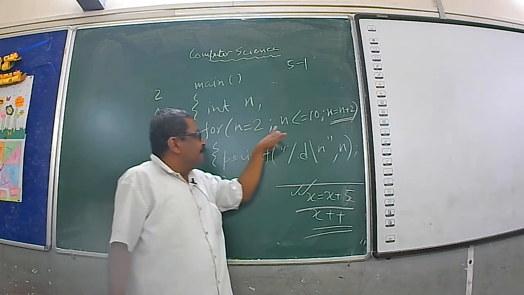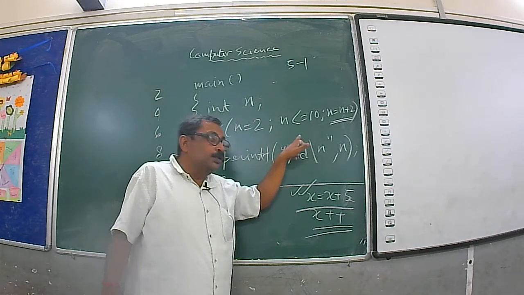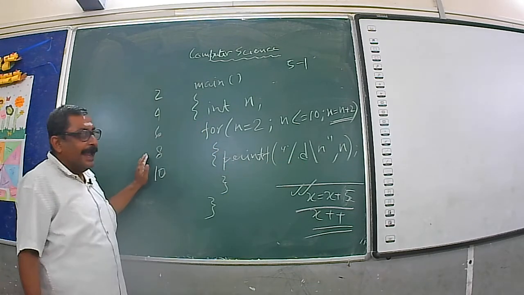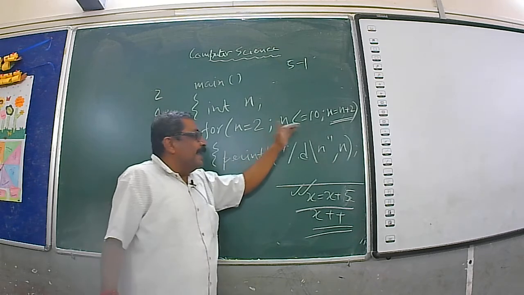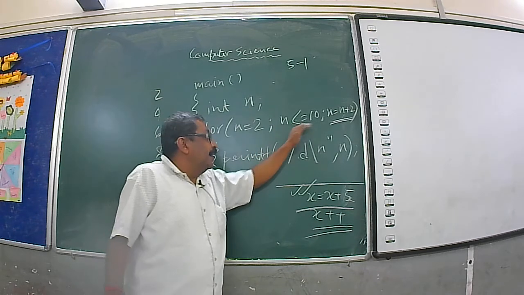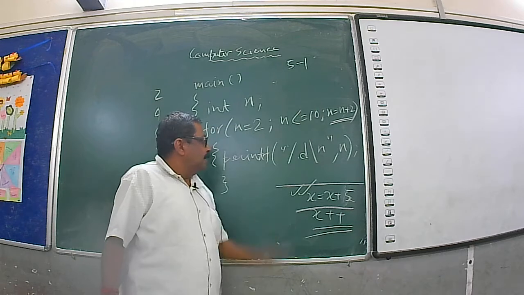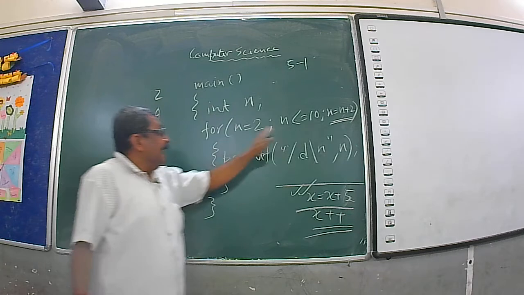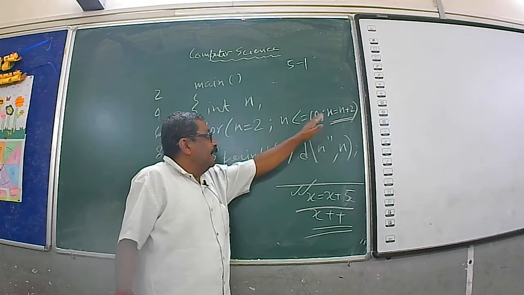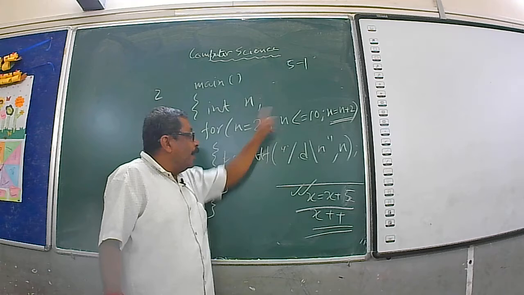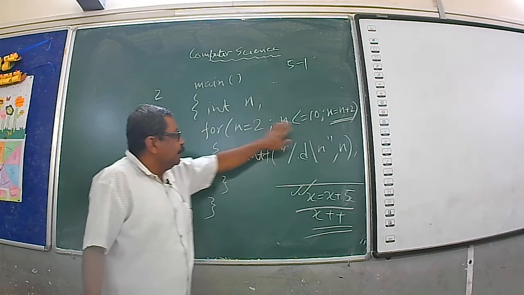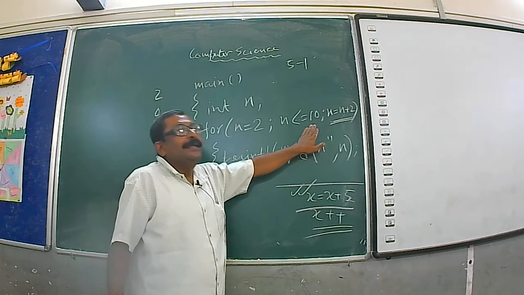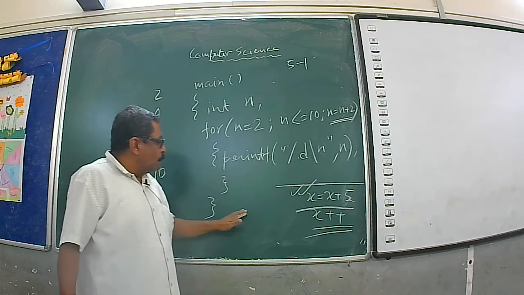Next time 6 less than or equal to 10, again true, 8. 8 will be printed. 8 less than or equal to 10. True. 8 plus 2, 10. 10 will be printed. 10 less than or equal to 10. 10 plus 2, 12. When the value is 12, then it will test the condition and it is false. That means 12 less than or equal to 10 is false. It will come out from the loop.